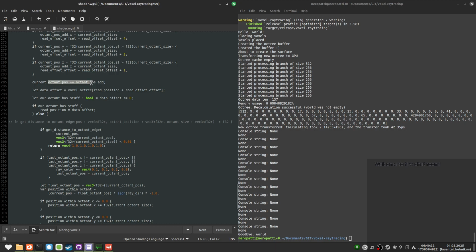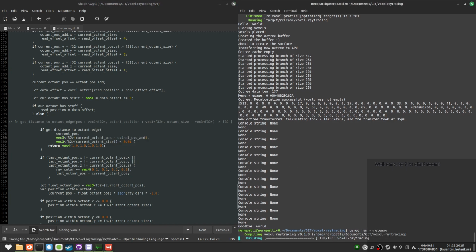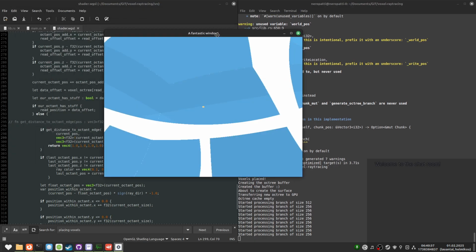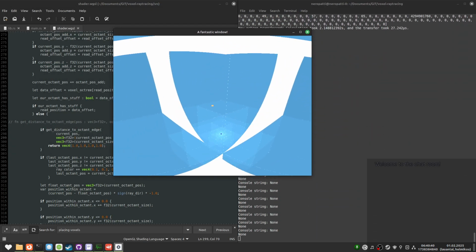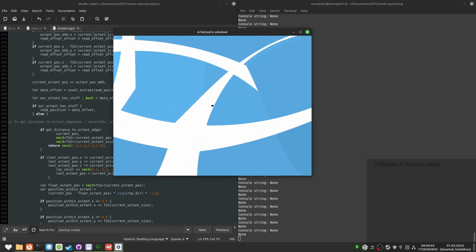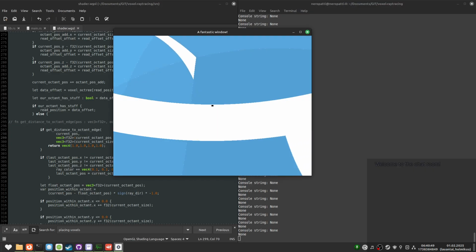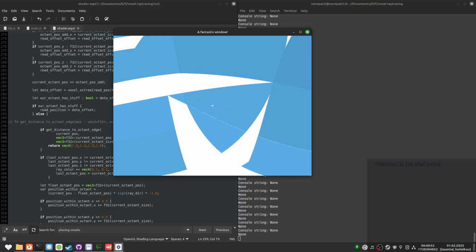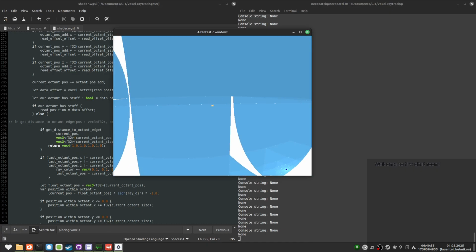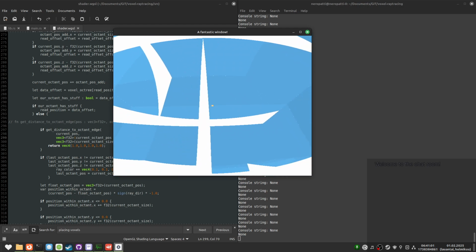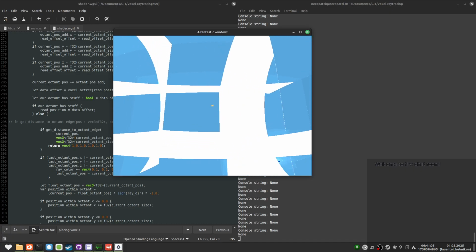Is it because we're doing this after this? Still messed up. So the top edge is screwed up.